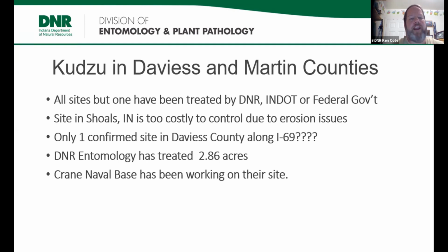So we've treated about 2.86 acres in Daviess and Martin County. It's mostly gone, and we're going to be going back and doing more spot treating again this year in August and September. Now, with that said,